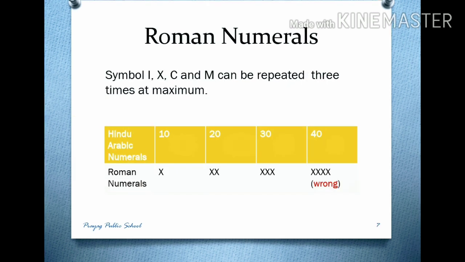Now caution 2. According to caution 2, symbols I, X, C and M can be repeated 3 times at maximum. कहने का मतलब ये हुआ कि अगर हम रोमन न्यूमरल्स को रिप्रेजेंट करने के लिए किसी भी सिंबल्स को एक बार या 2 बार या 3 बार रिपीट करते हैं देन इट इज़ वैलिड, तो ये मान्य है. अगर हम इसको मोर देन 3 टाइम्स यानी कि अगर हम 3 बार से ज़्यादा यूज़ कर रहे हैं तो वो इनकरेक्ट रिप्रेजेंटेशन होगा.